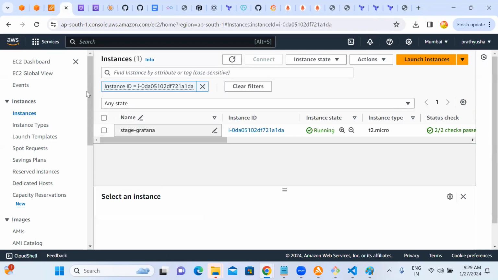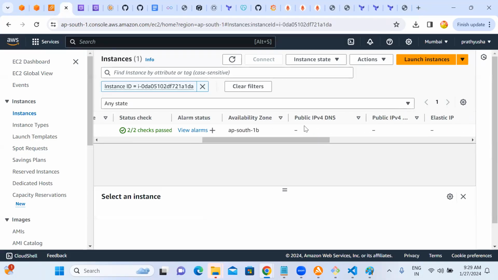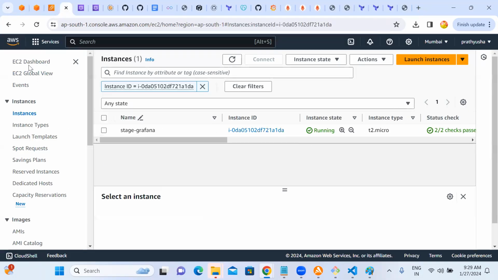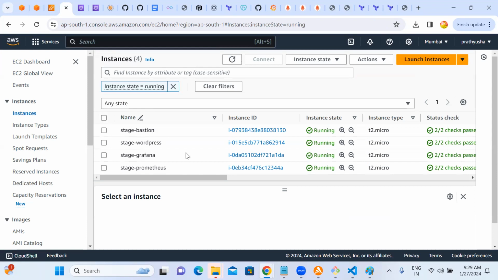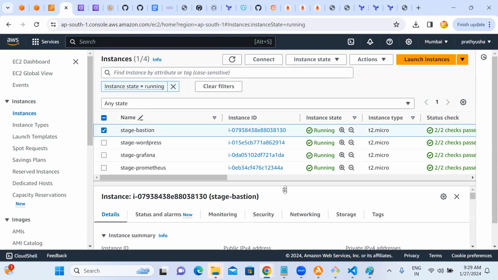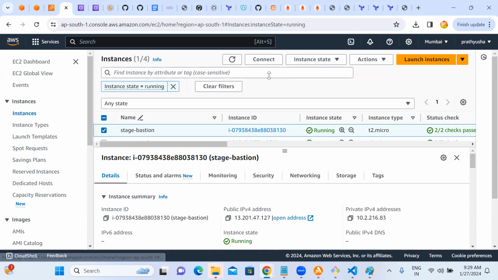This machine is completely private. You cannot connect to it directly. The only way you can enter is through SSM. For private machines, you can do SSM. SSM will be enabled as a separate resource.